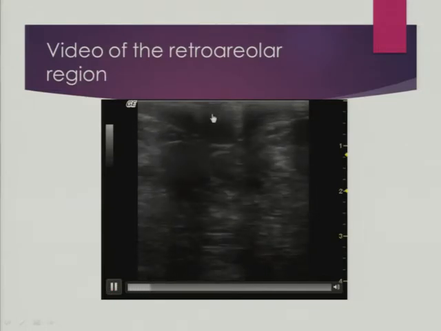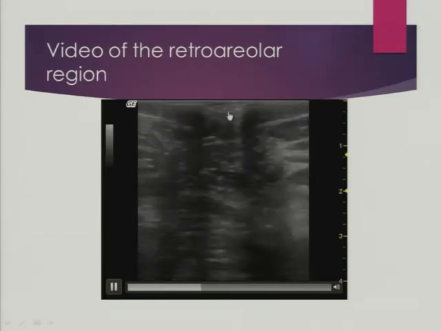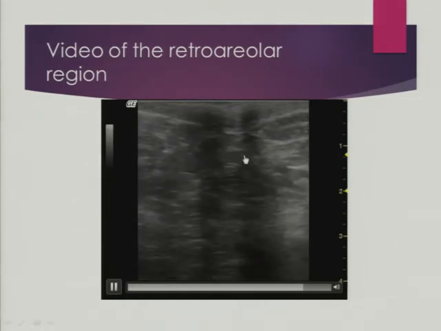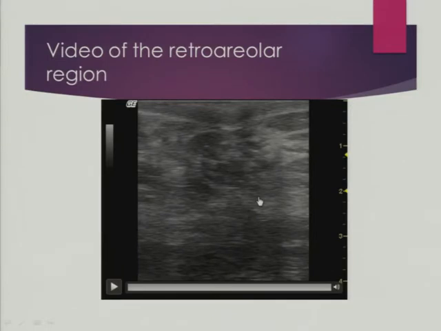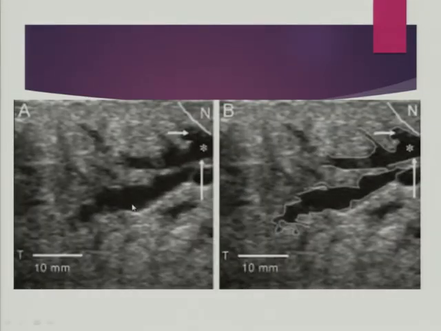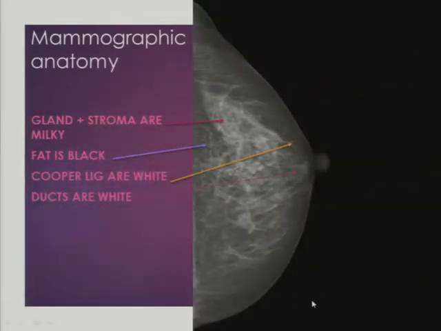The nipple creates shadowing also, so we need extra care when we are scanning the retroareolar region. Apply more pressure or change the direction of our probe in order to have a better view of the retroareolar area. And this is how the dilated ducts look, and we can always follow them to the nipple to make sure those are ducts. Concerning the mammographic anatomy, again, the gland with the stroma create some milky white shadowing,